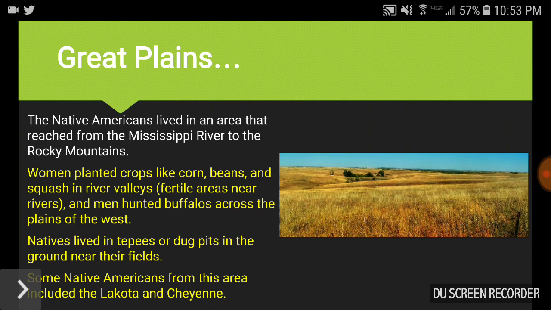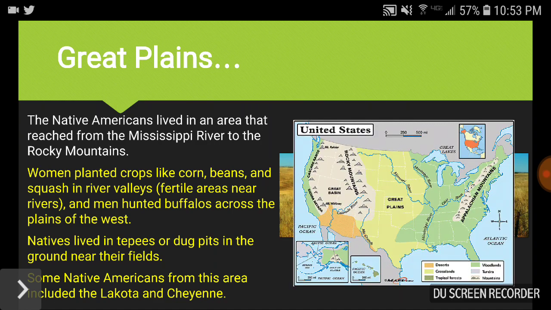These Native Americans live in a substantial area of land. We're not talking about the Northwest that lived in that little sliver from southern Alaska down basically to northern California, or the far west that lived basically in California. Take a look at this map. That lime green area stretching from the Mississippi River all the way to the Rocky Mountains, so from that blue river line all the way to that lime green, that's the area of the Great Plains. That's where the Native Americans that we're going to be talking about right now lived.